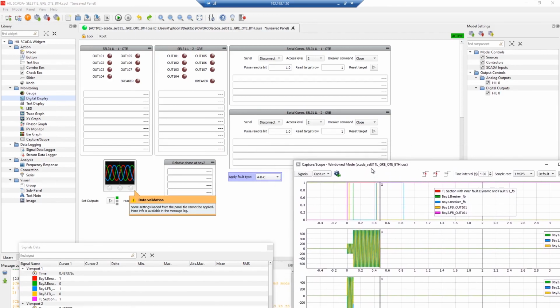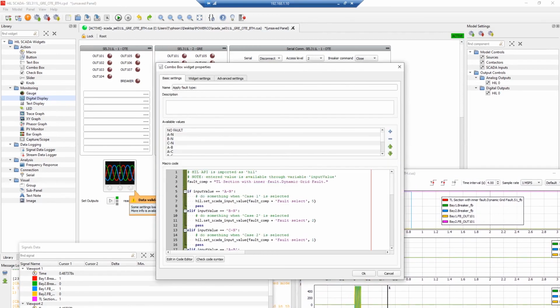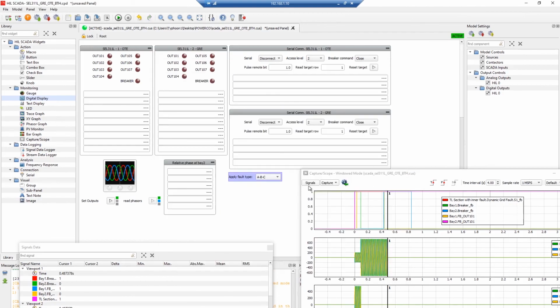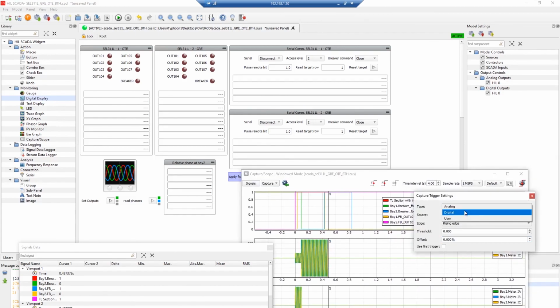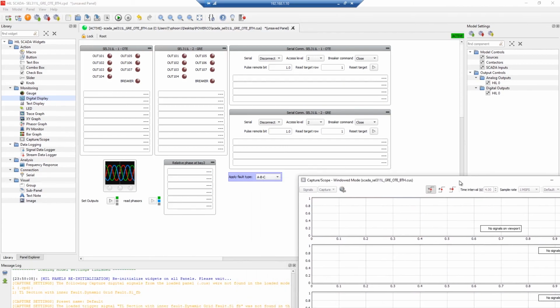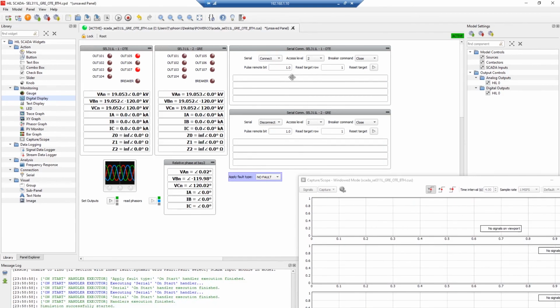Okay, in this case, right before I start my simulation, I'll just have to update this widget and change this handler here for our fault component. Now my transmission line is named transmission line section 4, and also here on my signals I have to get once more the proper trigger signal. So let me set it here, digital, this one, and let's go back to those 50%. Set the trigger, start the simulation, same process, connect to the relays,